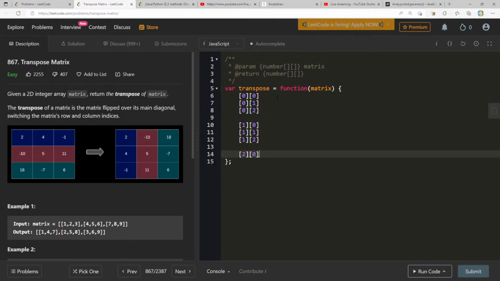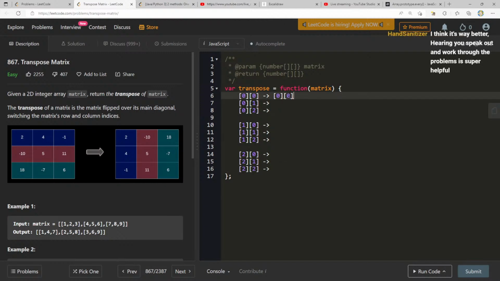We have 2,0, 2,1, and 2,2. So what do these all become? I am going to put this on every single line. Okay, so 0,0 stays as 0,0, right?